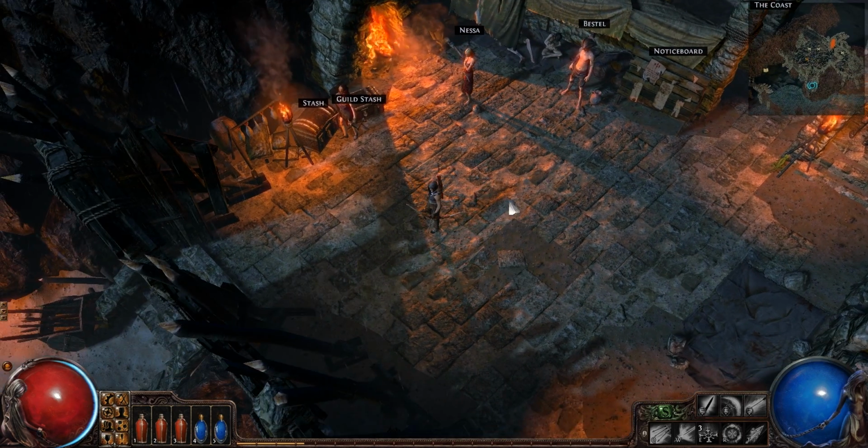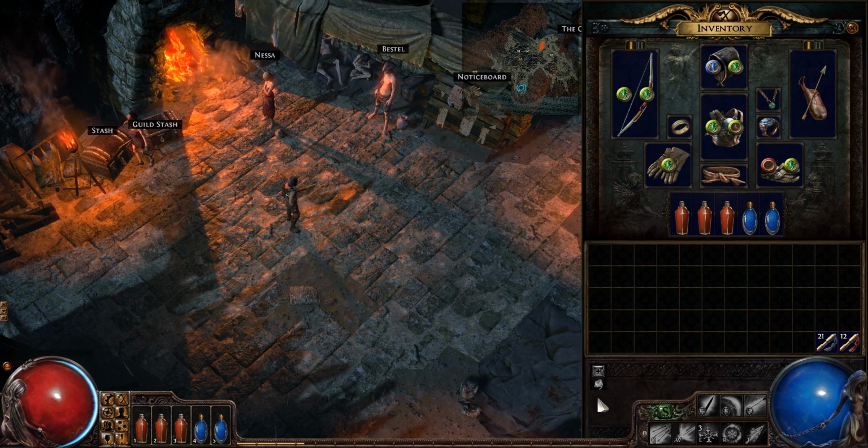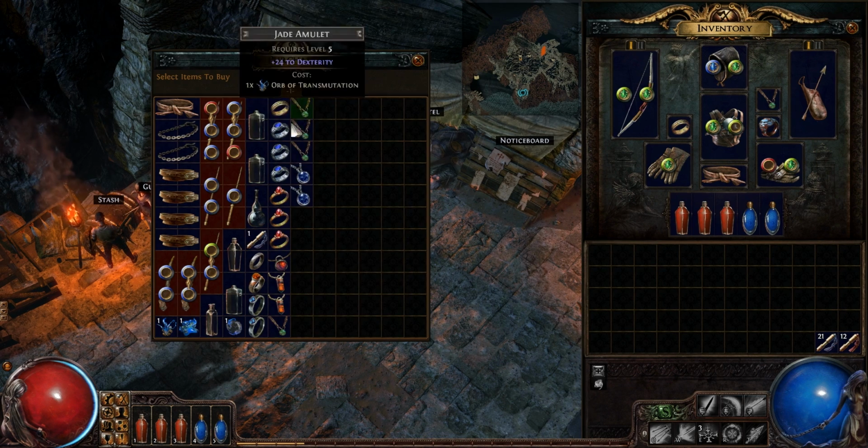Why should you potentially take a look at it? Well, firstly, this is my inventory here. There's no money. And I don't mean like I don't have money, there is no currency. Currency in this game is